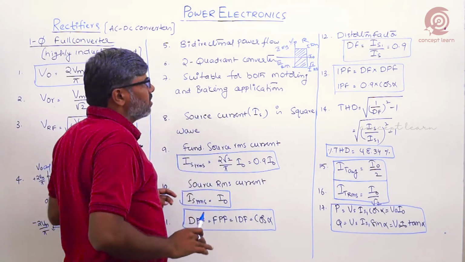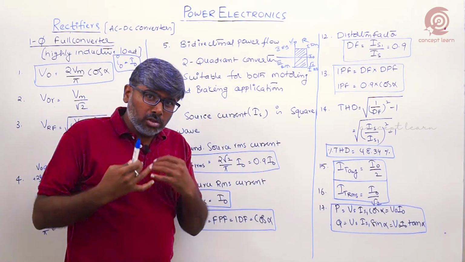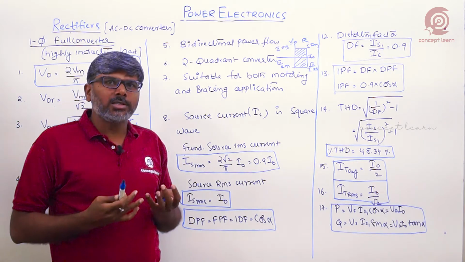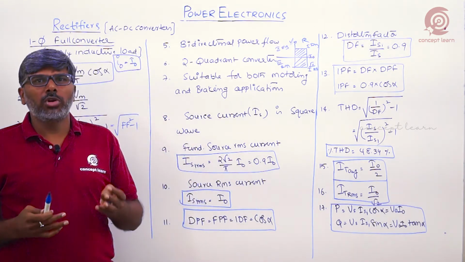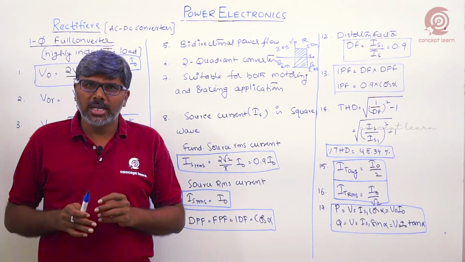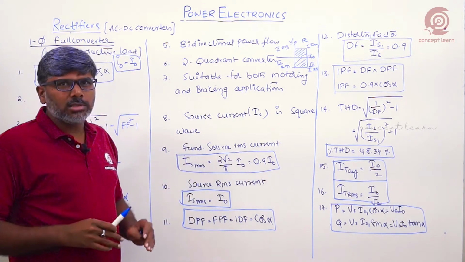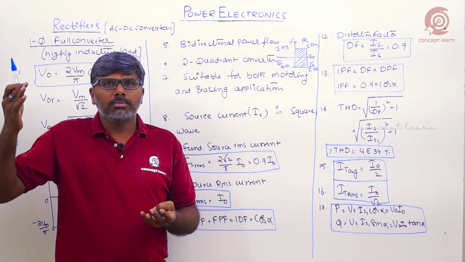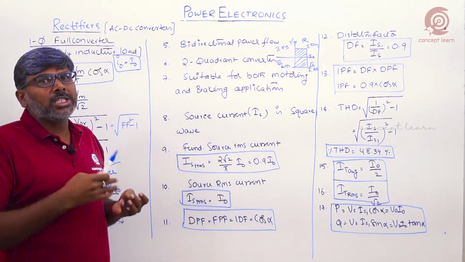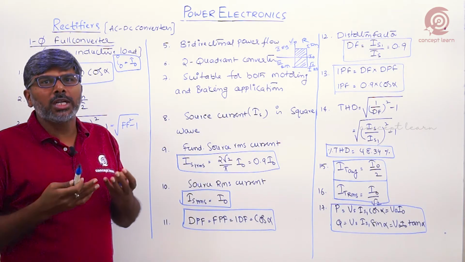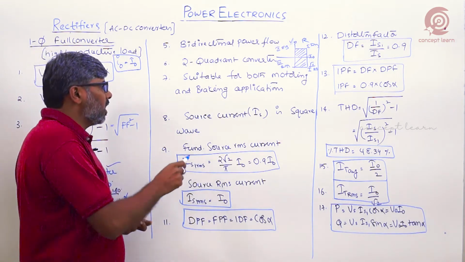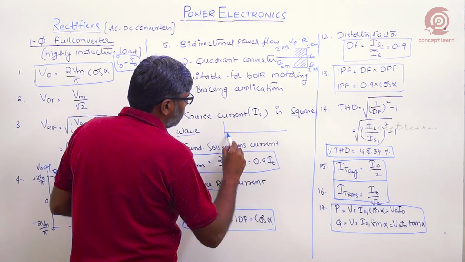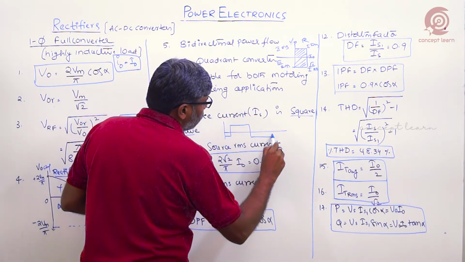Now this is the analysis of the full converter, the load side. Now coming to the source side. We know the main disadvantage of a power electronic converter is that it introduces harmonics in both the load as well as the source system, right? So when you come to the source side analysis of the full converter, we are applying a sinusoidal source voltage, right? But the source current is not sinusoidal. Actually we should get the source current also sinusoidal, but we are getting a square wave instead of a sinusoidal. This is the source current waveform.